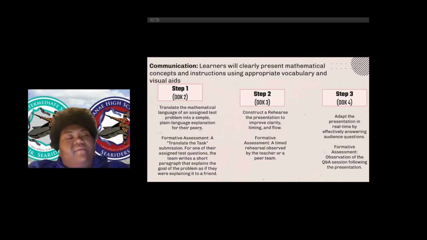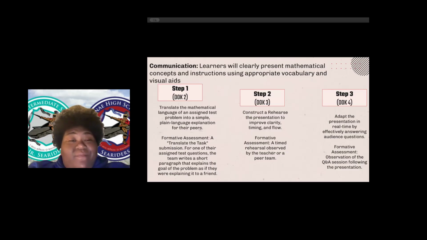And that's something that I'm going to have to work with them on, because I know a lot of them do not know that sometimes their friends are actually in special education or that they are an English language learner, and English is not their first language, even though they speak English very well. So it's those kinds of things that I will have to think about. And then next is